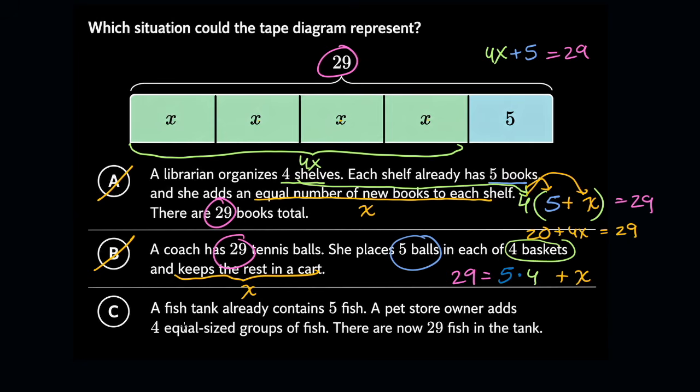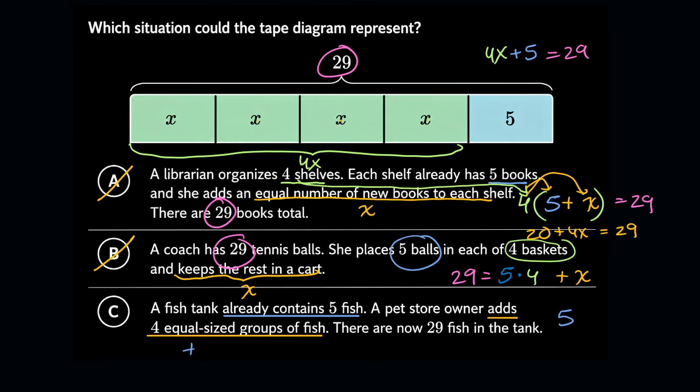Hopefully this is the answer. A fish tank already contains 5 fish. So already contains, let me underline that, already contains 5 fish. A pet store owner adds 4 equal size groups of fish. So adds 4 equal size groups of fish. So we started with 5. And then if we say that each group of those equal size groups has x, then this would be plus,